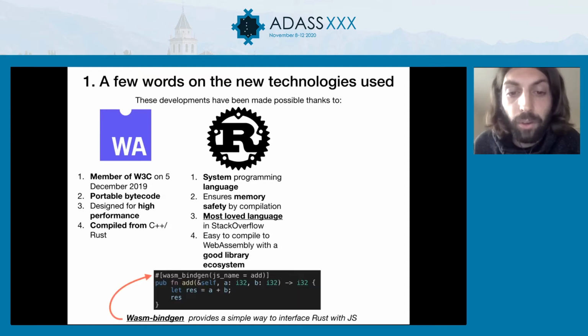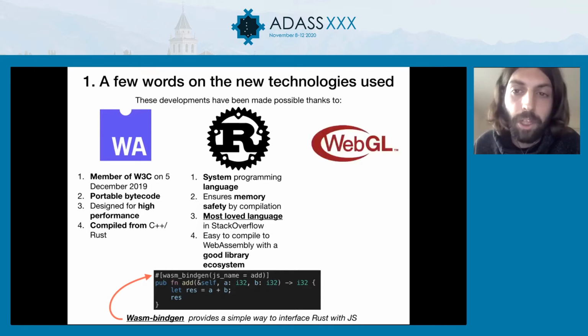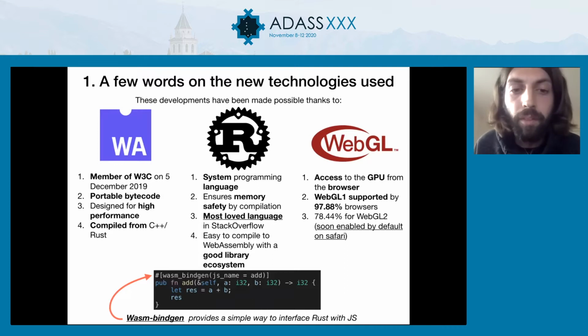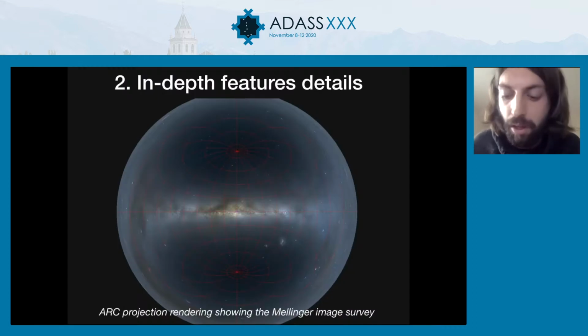And it's very easy to compile to WebAssembly because of its library ecosystem, especially the library wasm-bindgen, which provides interfacing with JavaScript. For example, there is this Rust method add, and you just have to put a decorator on top of it. With that, you will be able to call that method from JavaScript. And wasm-bindgen gives me access to the WebGL API, which gives me access to the GPU. So now let's talk about